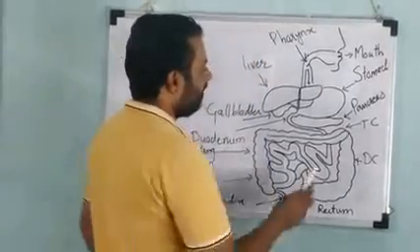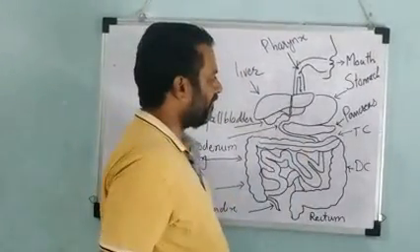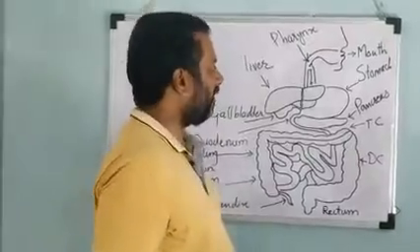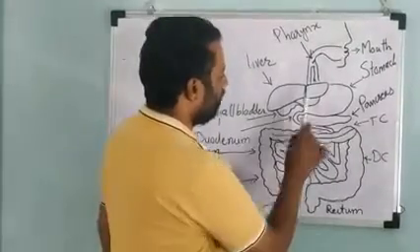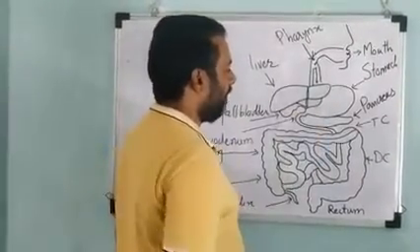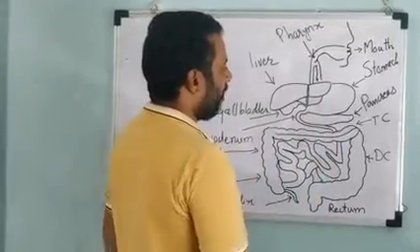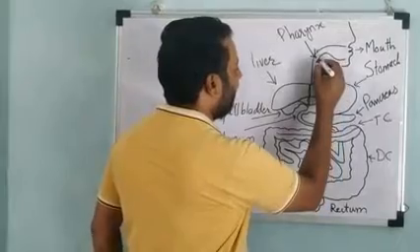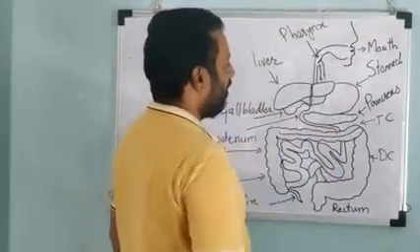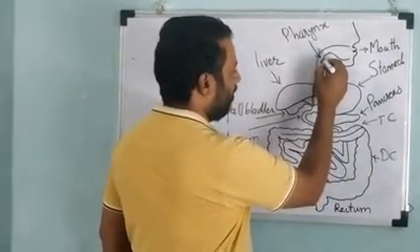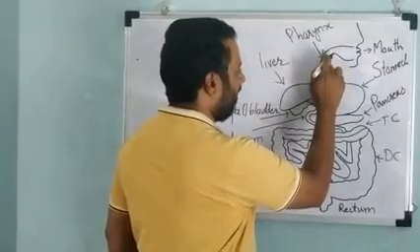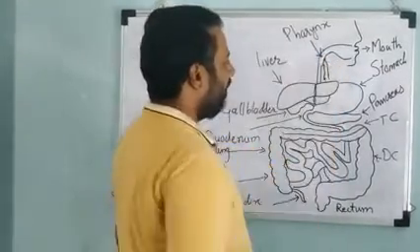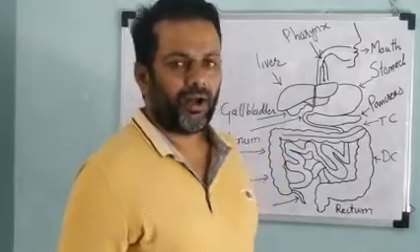Here you can see that. This is not exactly what happens in the pharynx, but you can try to understand. Here there are two pipes. One is the food pipe and one is the wind pipe. And this small line which you can see over here is like our epiglottis. The moment food comes over here, this epiglottis covers the glottis and the food will be directed into the esophagus, that is the food pipe.